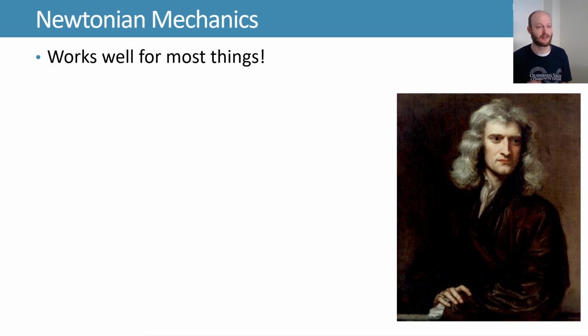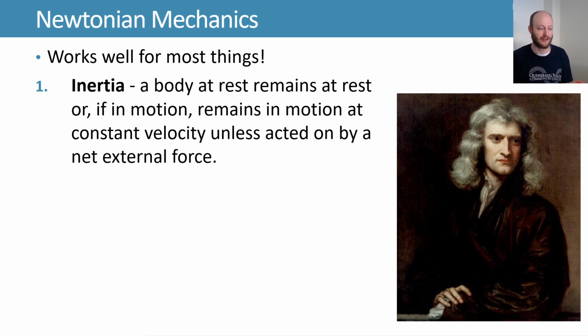So his three laws are basically inertia. So this is the first law, which is that a body at rest remains at rest, or a body in motion remains in motion unless acted on by a net external force. In other words, things don't just start moving or stop moving by themselves. It's because something acts on them. And this seems maybe obvious to you today, but codifying this gives us some tools to